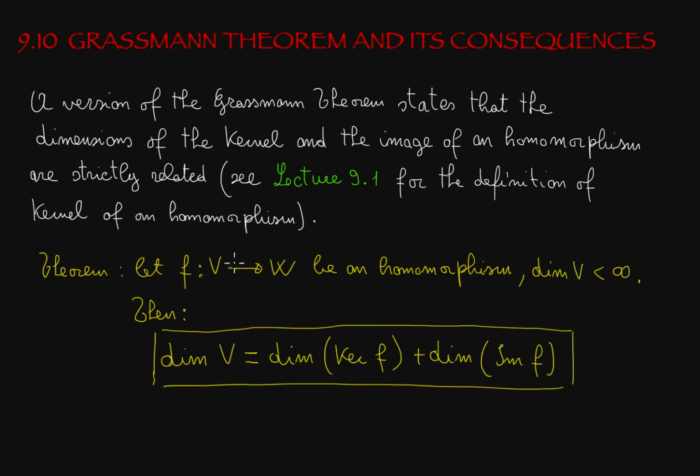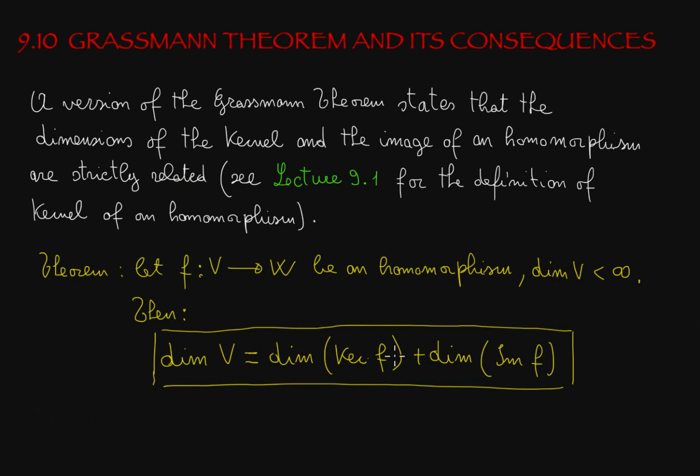Theorem: let f from V to W be a homomorphism and the dimension of the domain less than infinity, so a finite dimensional domain. Then the dimension of V equals the dimension of the kernel of f plus the dimension of the image. And you can see that typically one has the dimension of the domain and tries to compute one of these two dimensions, dimension of the kernel and dimension of the image, and by this relation we can derive the other. And this very strict relationship that must hold between these three positive integers